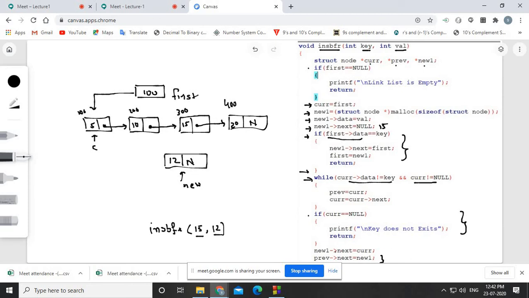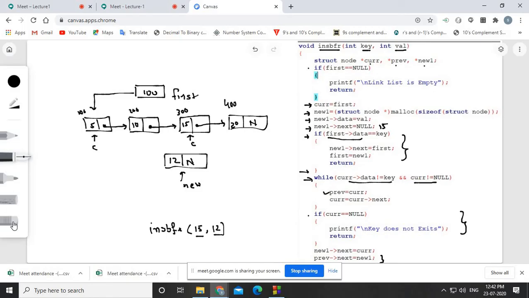Otherwise, what you need to do is set the current's address into the next part of the new one. So current will be here, right? Because 15 is here, and every time the previous node follows the current.